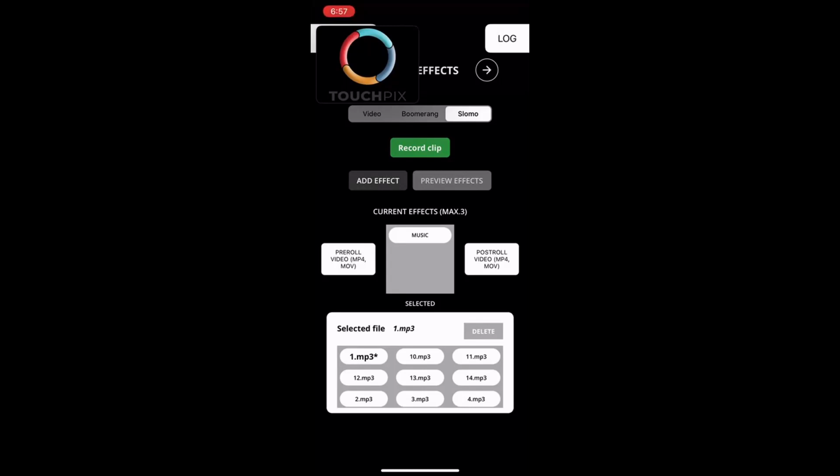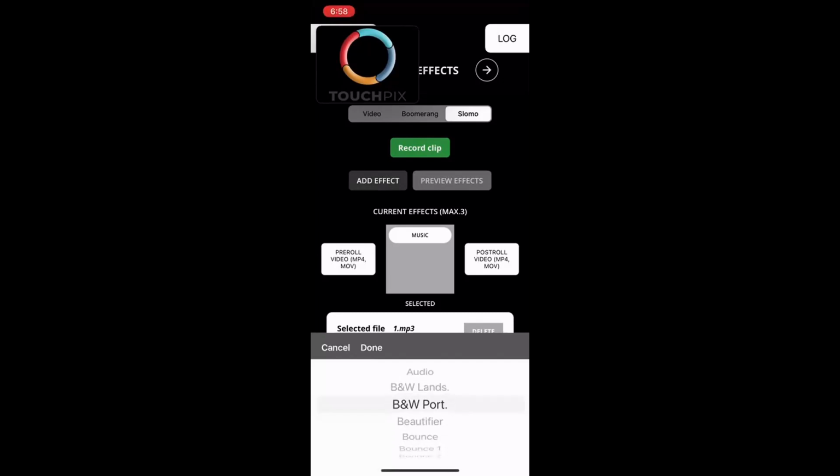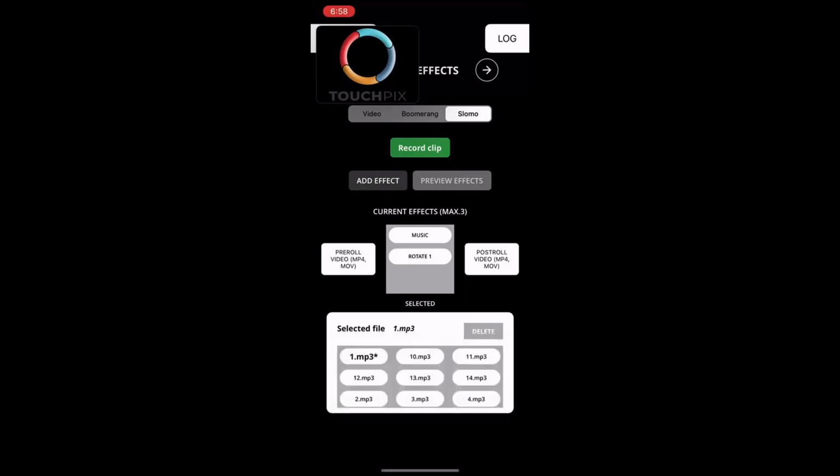What I'm going to show you from these 2 other effects are just some effects that Touchpix has. I'm going to go ahead and click add effect again. Now I'm going to be using the, let's use something different that I've never used before. I'm going to use rotate, right? I'm going to use rotate. That's the effect I want to use. I'm going to click done. And once you see the rotate effect popped into the gray box, you're going to tap on the rotate effect